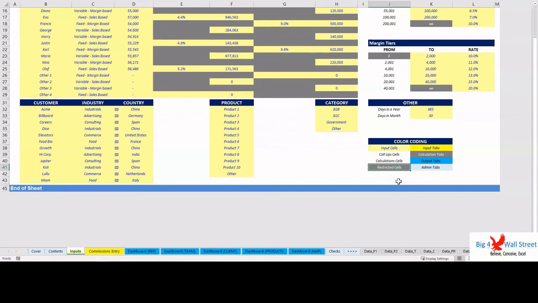There is also a color coding for the various tabs of the model. Yellow tabs are mostly assumptions tabs, gray tabs are calculations tabs, blue tabs are outputs tabs, that is effectively dashboards, and finally light blue tabs are admin tabs, for example, the cover page,